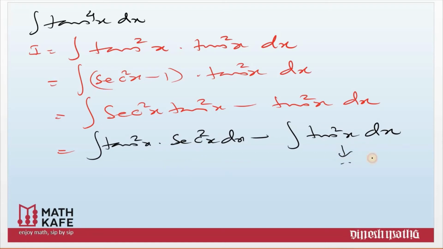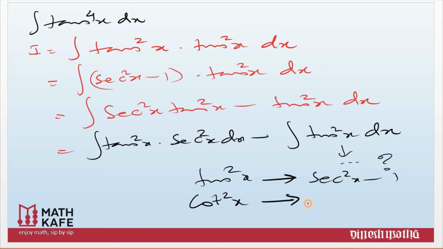And how do you integrate tan square x? That's the next question we are facing. Tan square x you can't integrate directly. Whenever tan square x comes, you have to change it as sec square x minus 1, which can be integrated. Similarly, whenever cot square x comes, you have to change it as cosec square x minus 1, which can be integrated. This is another important fact, keep it in mind very well. Wherever tan square x or cot square x comes, you must use the basic identity, which will help in turn to integrate the expression. Let us complete the question.